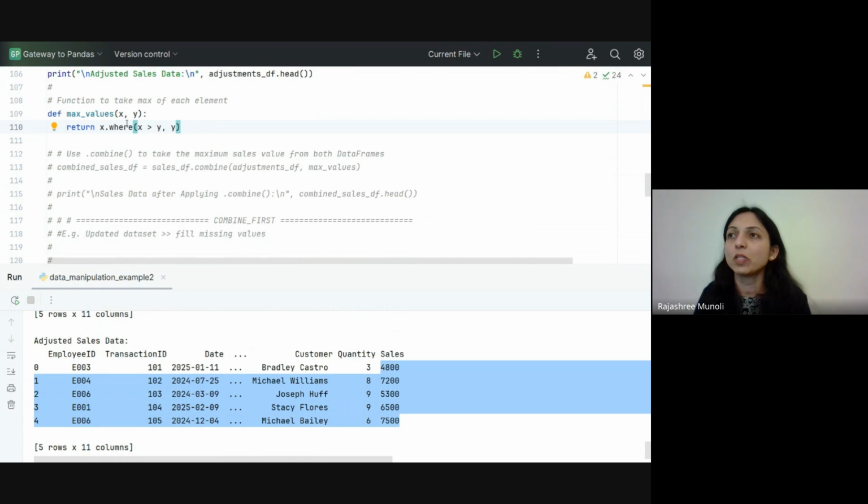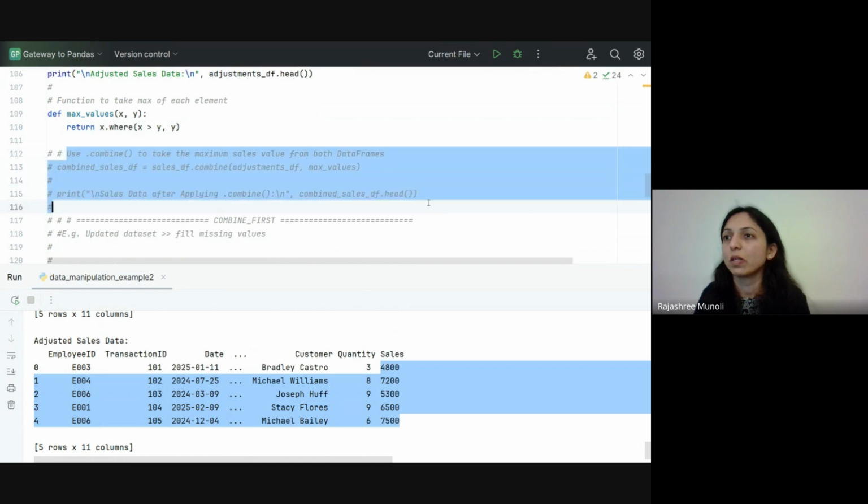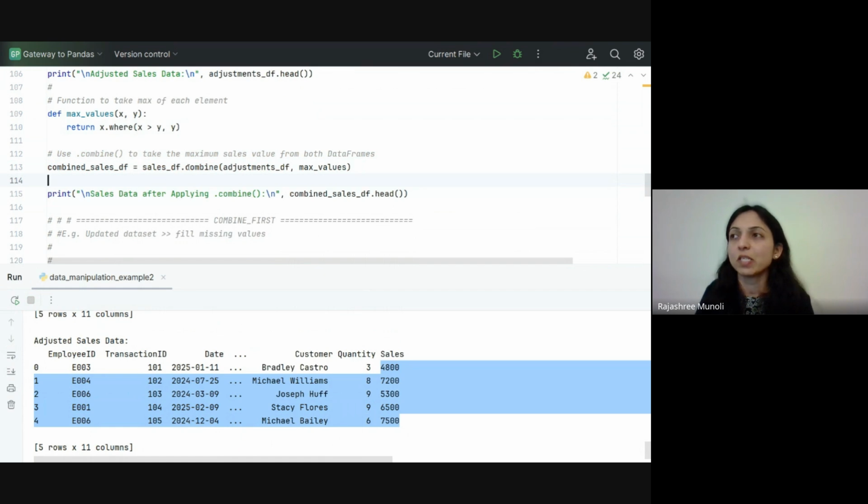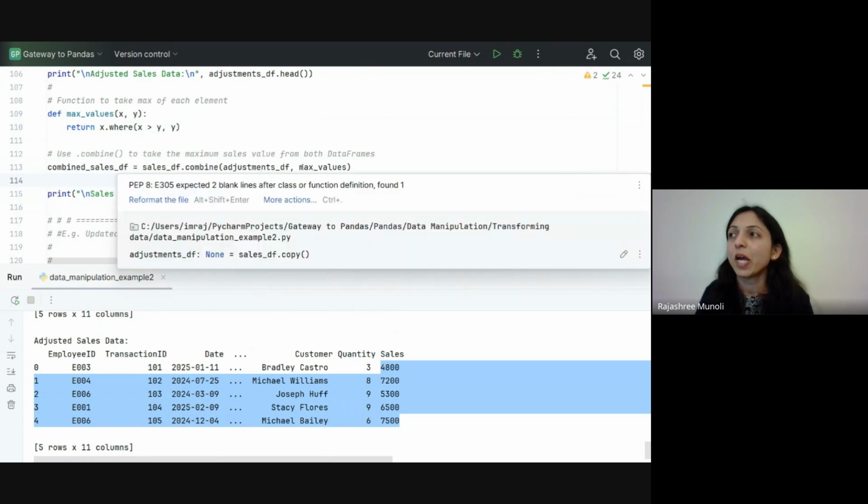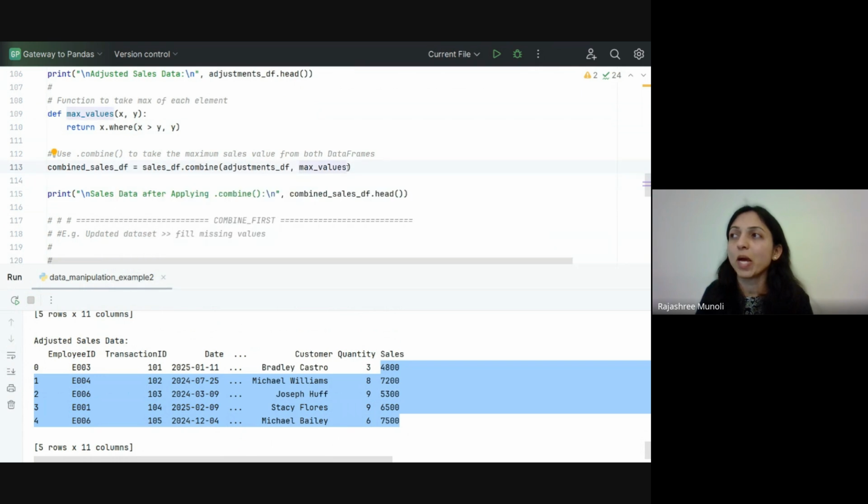Now we'll use this function in our combine method. Here we're saying sales DF dot combine adjustments DF, so we are comparing sales DF and adjustment DF, and then we apply the max values function to each element. Now when we run this,